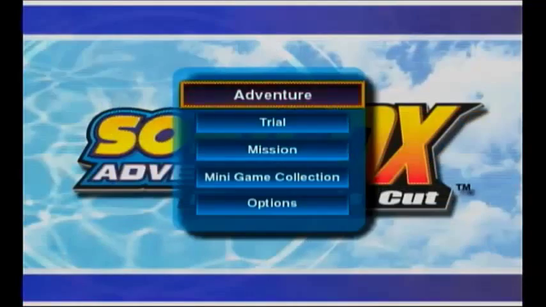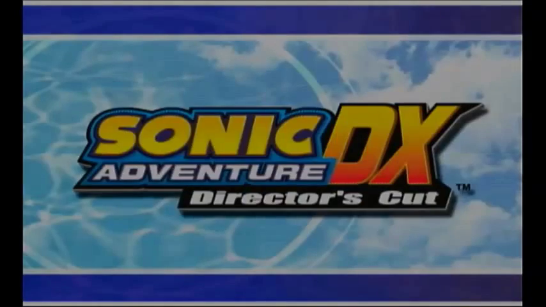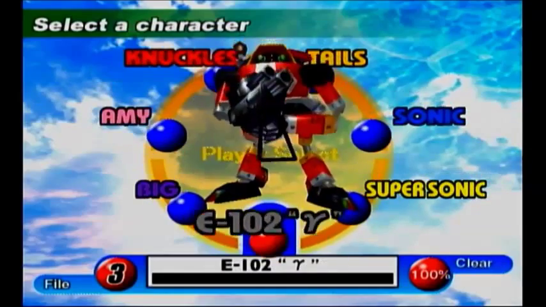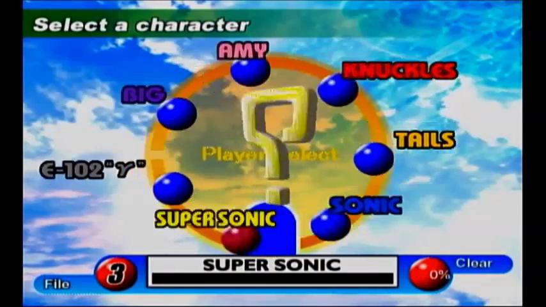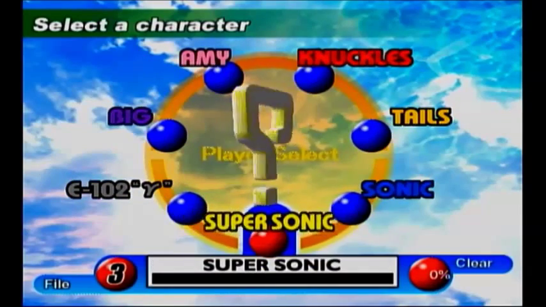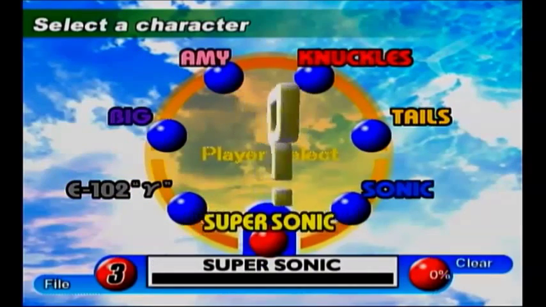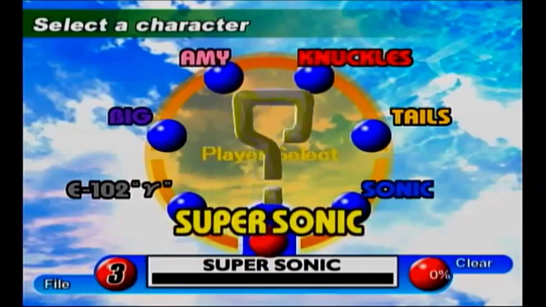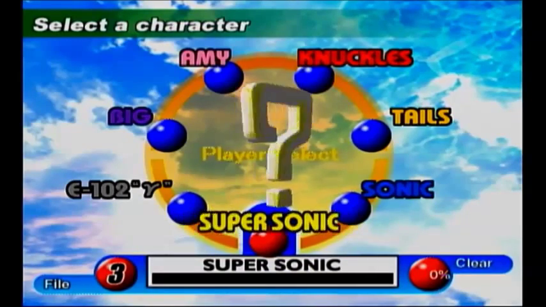In the last episode, we finished Gamma's storyline. It was pretty intense, and he was kind of the final storyline. If you come into the adventure mode after you've completed all 6 storylines, you'll see we have a secret Super Sonic storyline. This is the end of the game. This is the last thing that you can do for the actual storyline, but if you remember, we only have